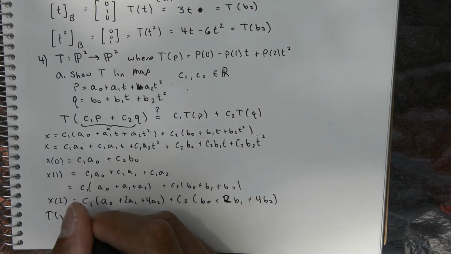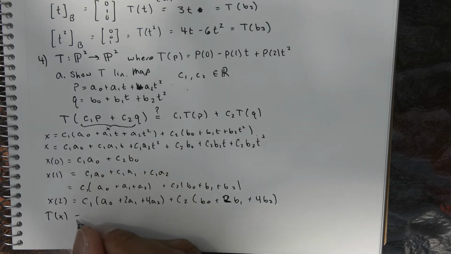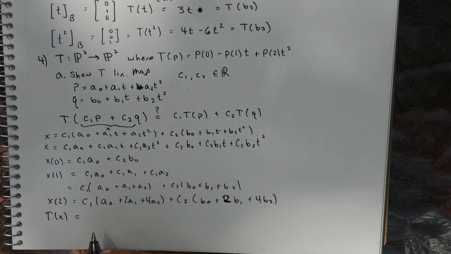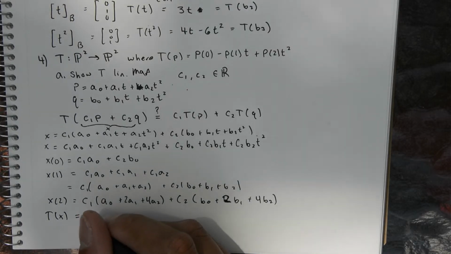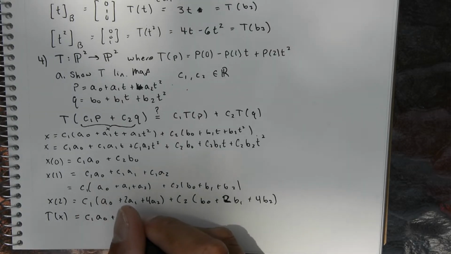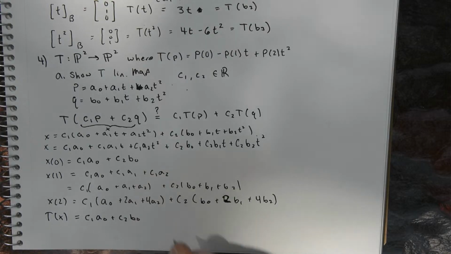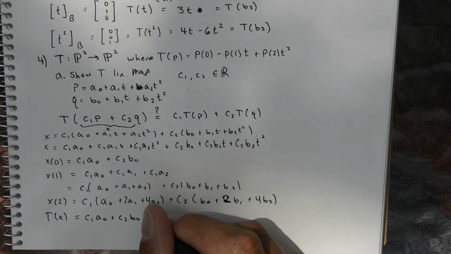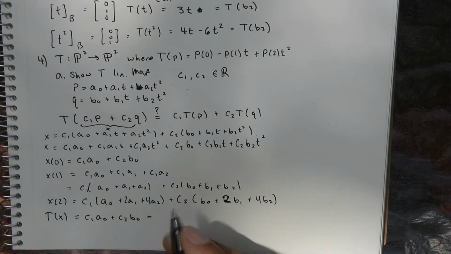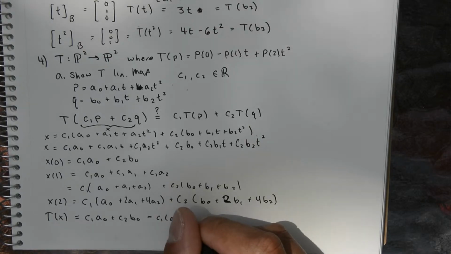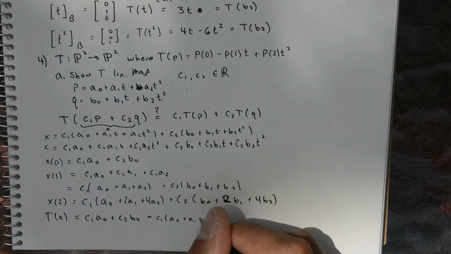Okay, so now we need to construct T of x. T of x is going to be equal to C1 A0 plus C2 B0, minus C1 times A0 plus A1 plus A2